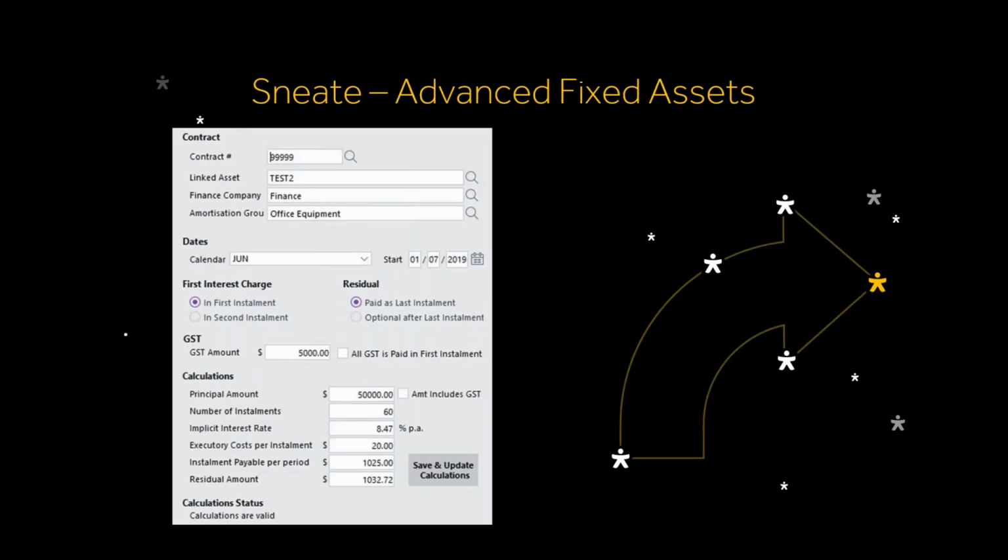The last one I'm just introducing today is a new one that we've just finished, which is what we're calling advanced fixed assets. Where advanced fixed assets comes into play is we have a number of our clients that have a large number of assets, and many of those assets are under a hire purchase agreement. Typically and historically, they have had to do a lot of manual work to go through and, from an accounting perspective, process transactions